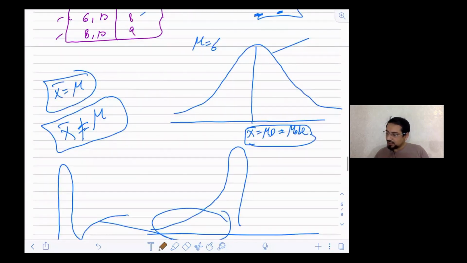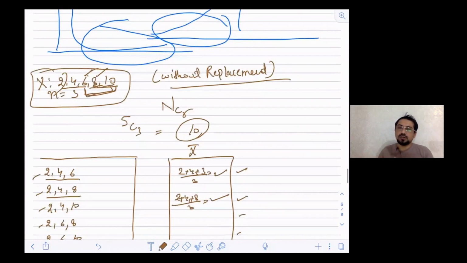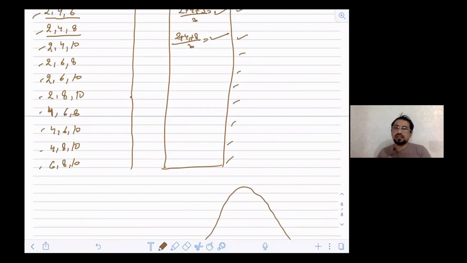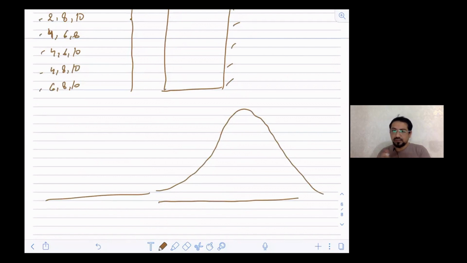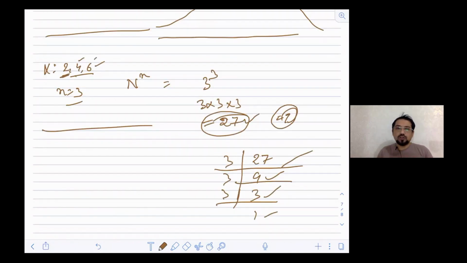You would see whether it is like this chart or like that chart. I'm not going to solve it because it will take a lot of time, unnecessarily, so I can leave it to you. You will solve this, and you would see whether the sample mean is equivalent to the population mean or not. That's what you can actually see. The process will remain the same. I hope you understand this.